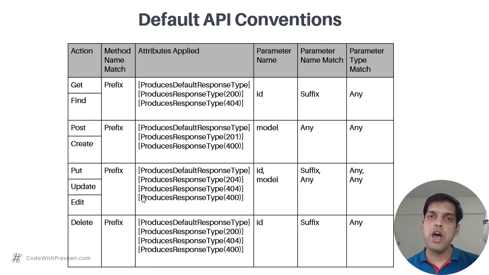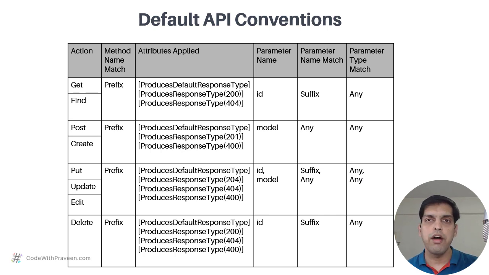For instance, suppose I want to handle or implement update courses. Then as per this table, update comes to the third category. Here I can name my method as put courses, or just put, and then you have update courses, edit course, and so on. All these method names match the prefix condition of the method name. Coming back to the parameters, I'm going to have it as ID, as a course ID, or course model and so on. In the case of ID, it's going to contain a suffix like course ID.